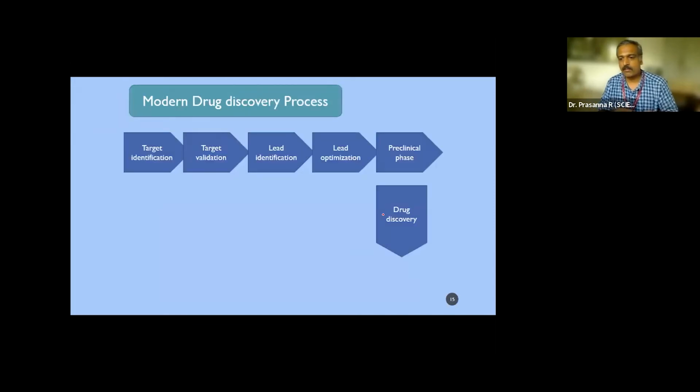Okay, so during the drug discovery process, the first step is target identification. Target identification is basically the protein which is responsible for the particular disorder. That's the identification process. And then you have to validate the identification using various computational tools. Computational tools meaning there are a lot of software and packages which will give you an idea whether the protein is of the desired conformation, which is necessary for the molecule to undergo the docking process.